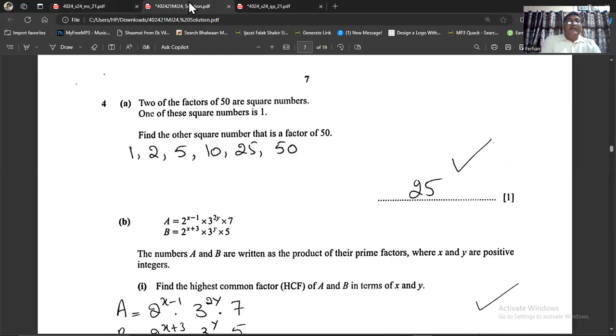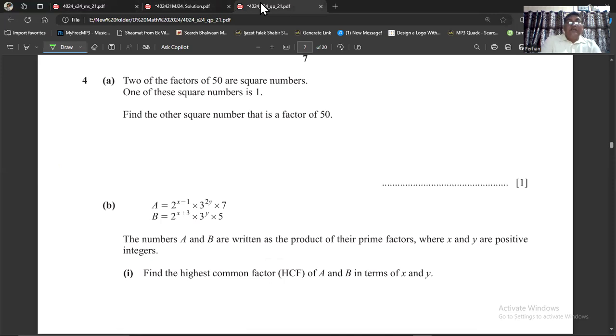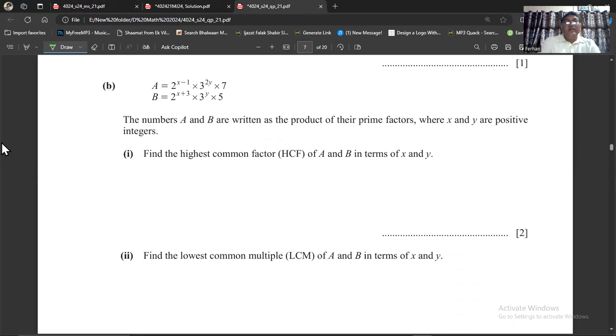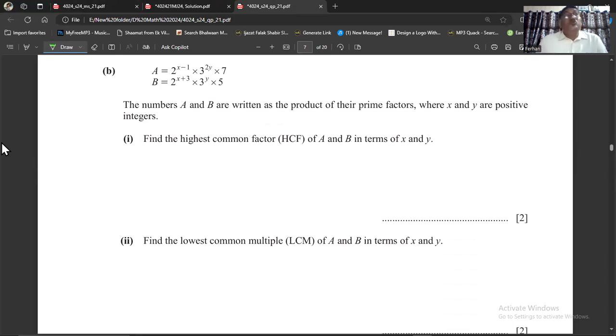So this is how it is done. Okay, now we are going to the next part, that is question number 4, and it's B part. Here we have A equals 2 raised to power x minus 1, multiplied by 3 raised to power 2y, multiplied by 7. B is 2 raised to power x plus 3, multiplied by 3 raised to power y, multiplied by 5. The numbers A and B are written as the product of their prime factors, where x and y are positive integers. Find the highest common factor, which we call HCF, of A and B